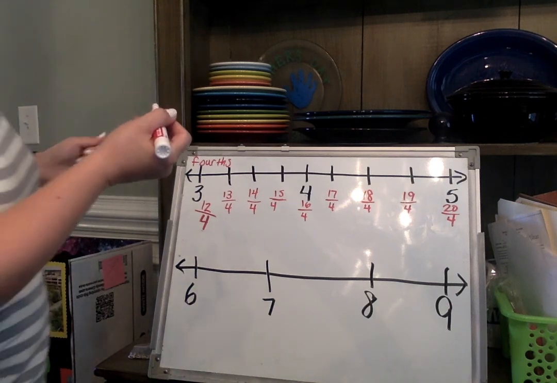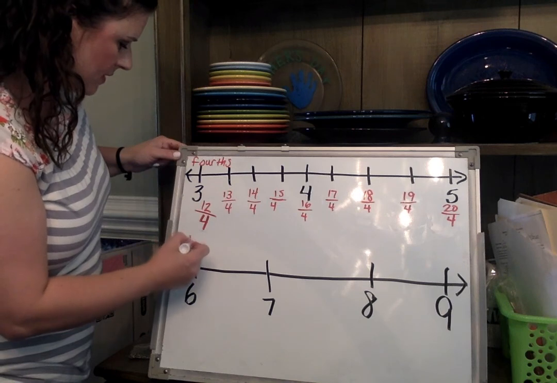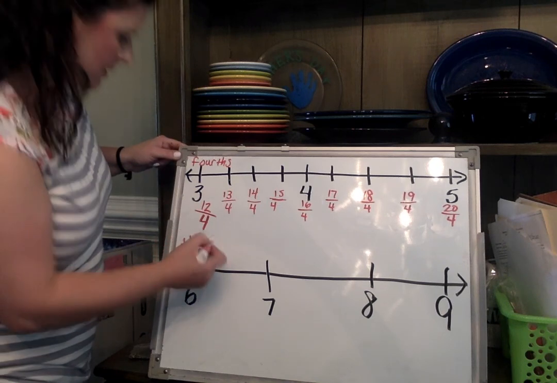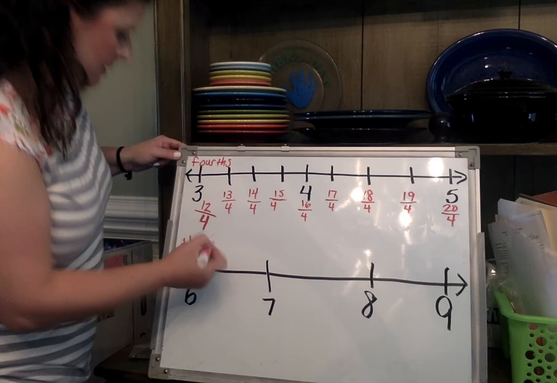I don't know if those are equally on that number line. We want to divide this one into thirds. And I also want the